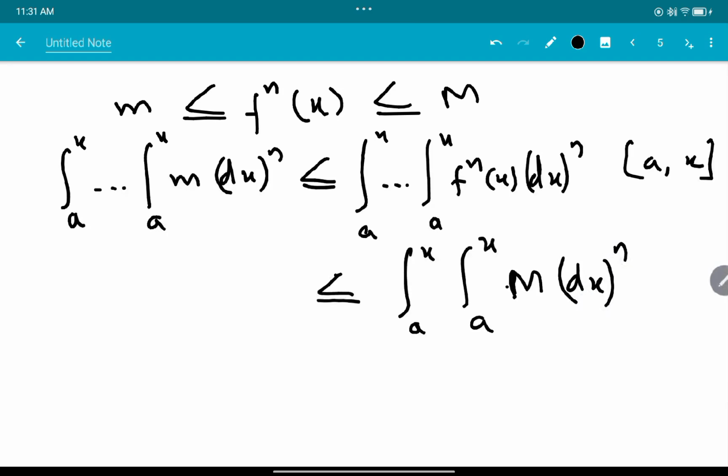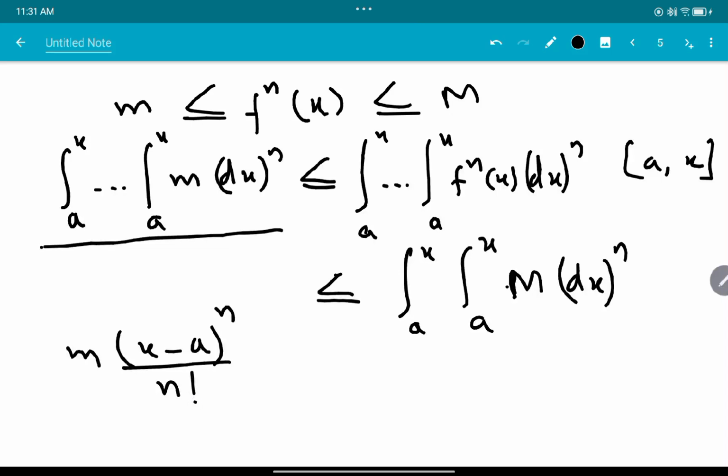Let's carry out the integration. Now see, we can now easily carry out it. m is constant, it will come out. When m goes out, then you are left with the integral from a to x of dx, n times. And you know, we have just calculated it. m is out, then this much will be (x minus a) raised to n divided by n factorial, as we have seen on one of the last pages. Then there is